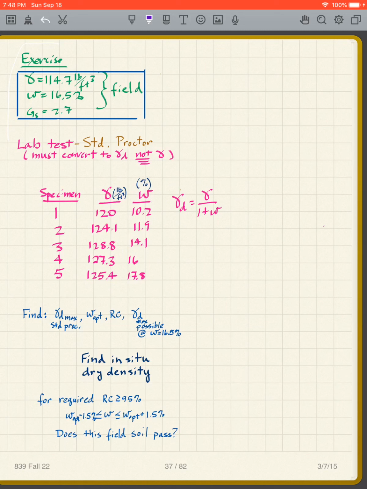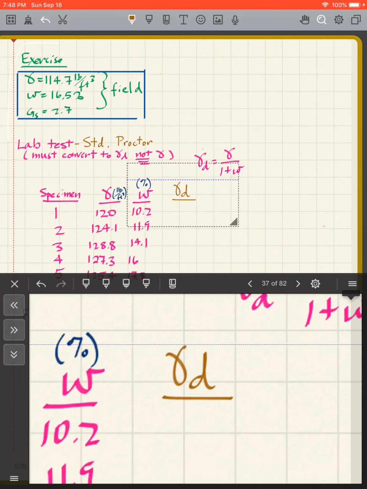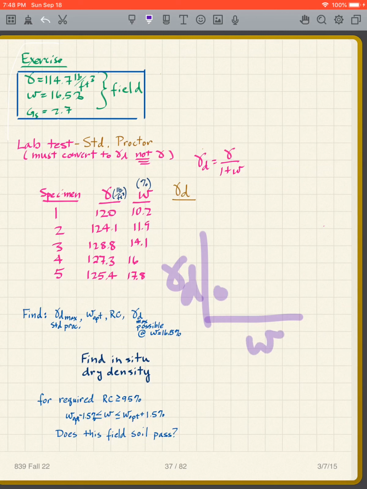So what I want you to do is basically fill out this table. So I'll just write it here. So we have gamma D. Fill out these values here using this formula, and then plot them, get your compaction curve, which is gamma D versus water content, and then we're going to have 5 points. I don't know what it's going to look like. We're going to get a curve. You're going to get the gamma D max, the optimum water content,